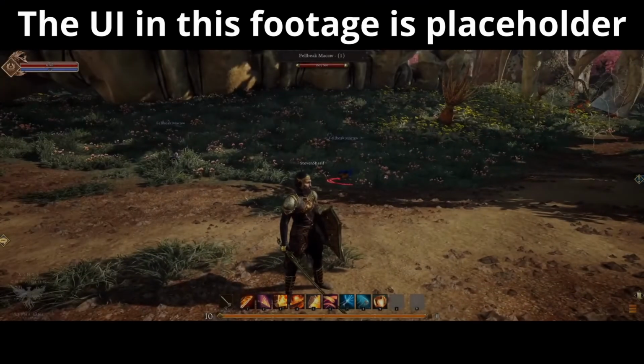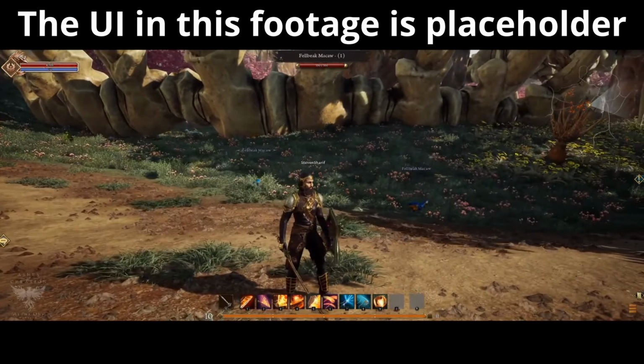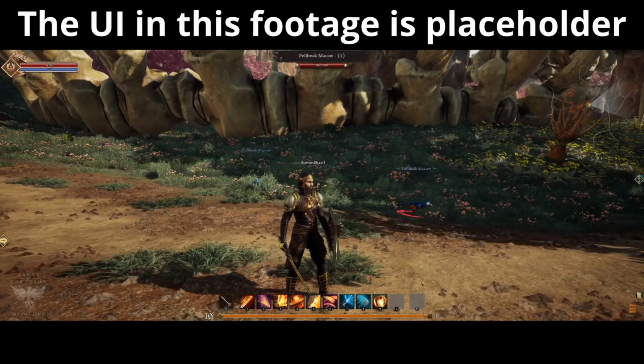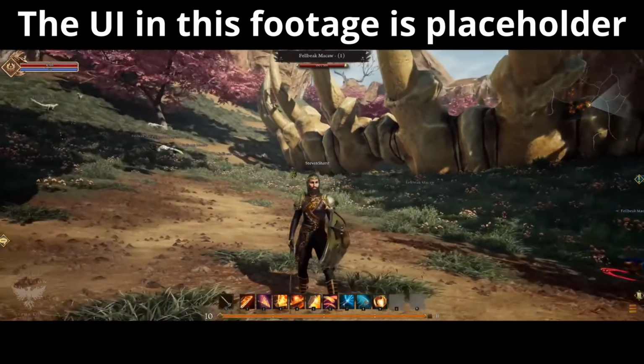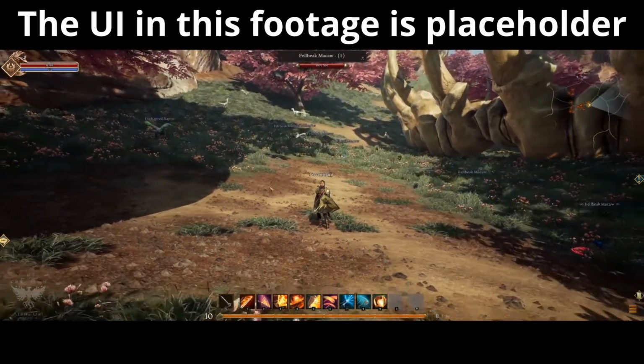Stephen Sharif, the creative director of Ashes of Creation, has said many times that the UI is going to be fully customizable. However, we haven't really been told exactly what that means in practice. So in this video, I'm going to be looking at some of the things the Ashes community would like, as well as my own thoughts on the matter, and taking some inspiration from one of the World of Warcraft add-ons,